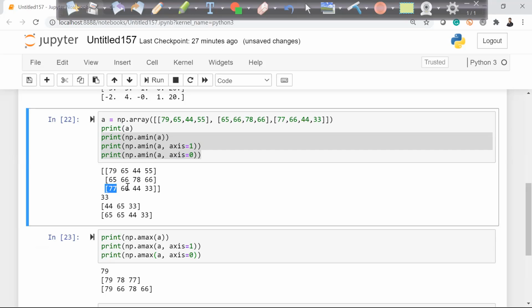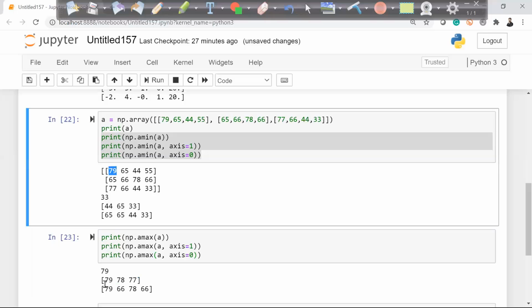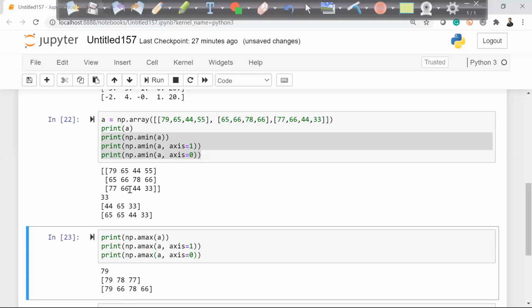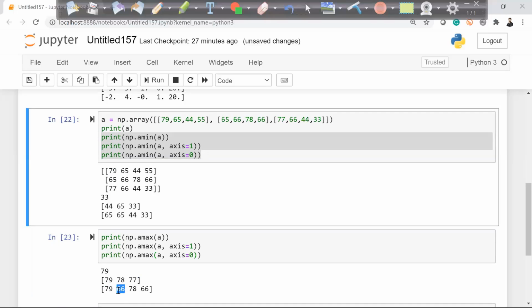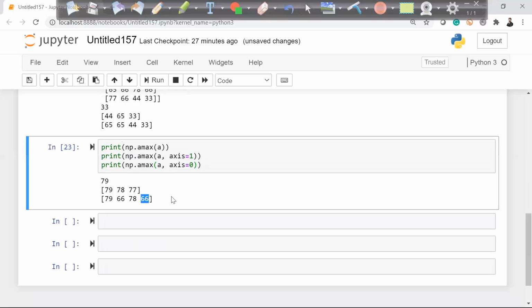So 79, 78, 77 is what is coming in here, perfect. In the first column, 79 is the maximum. In the second column, 66 is the maximum. In the third column, 78, and in the fourth column, 66 is the maximum. So that is how you will be able to get the maximum value as well.